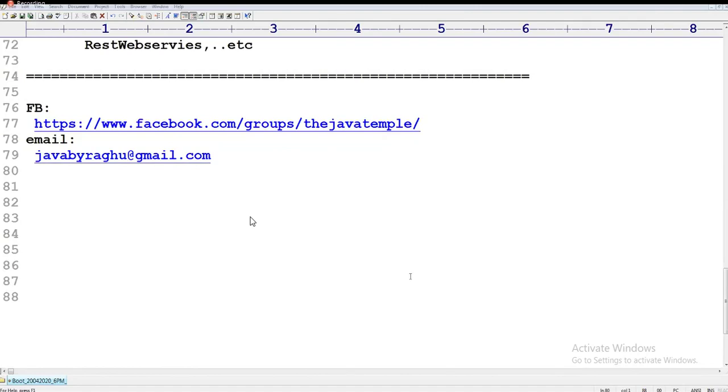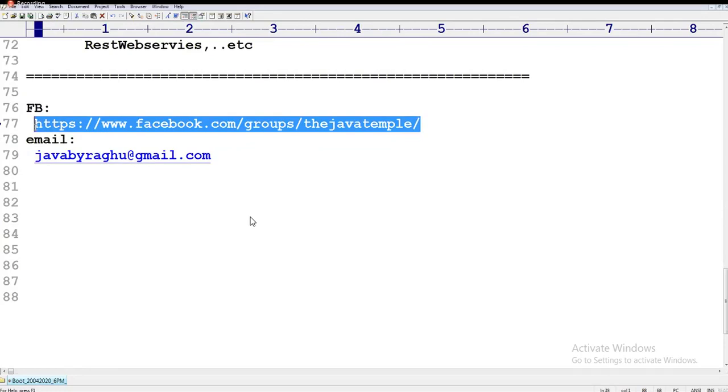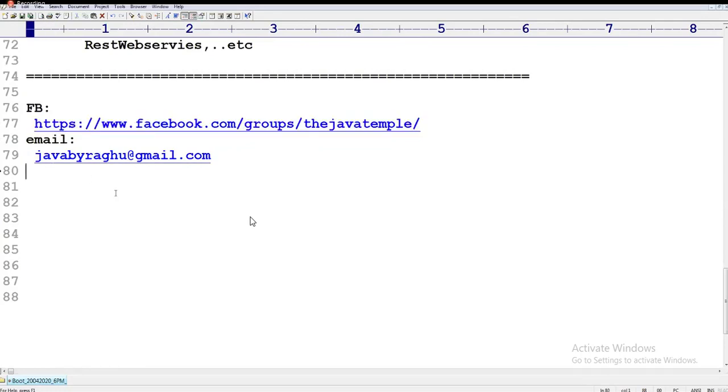Live project batch will be separate. Here I'll give mini projects. Yeah, syllabus copy I'll provide in the Facebook group. That's what I said. Okay, after a few minutes I'll post the syllabus copy in my group here. Whatever is in the syllabus, that I will cover. What is not there in that syllabus, that I will not cover. Project batch will be started later, that I will mention later.